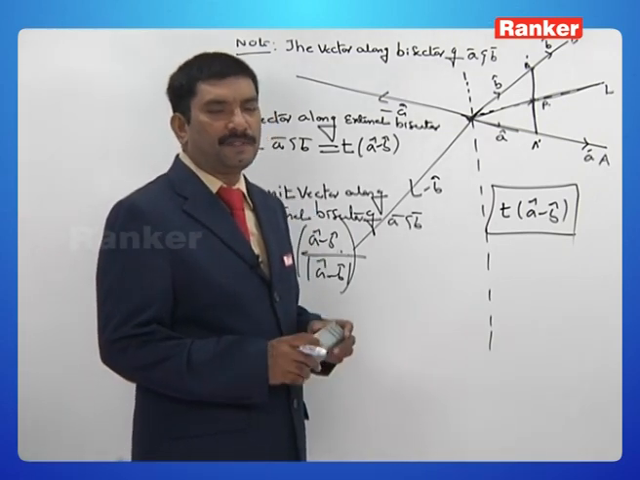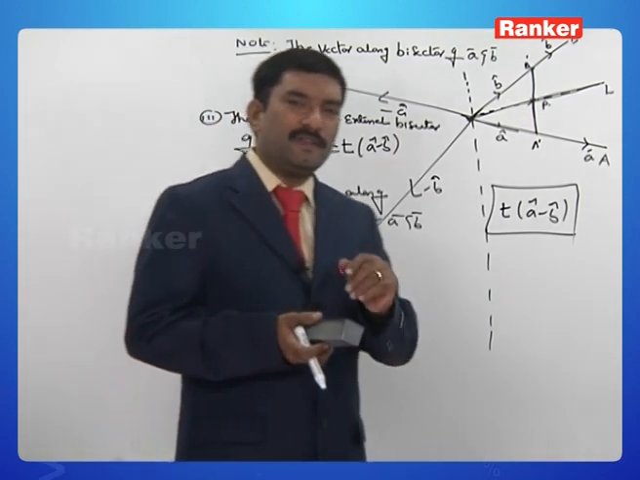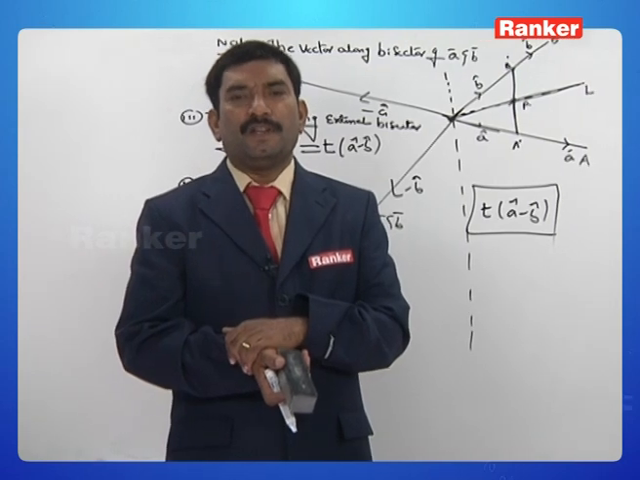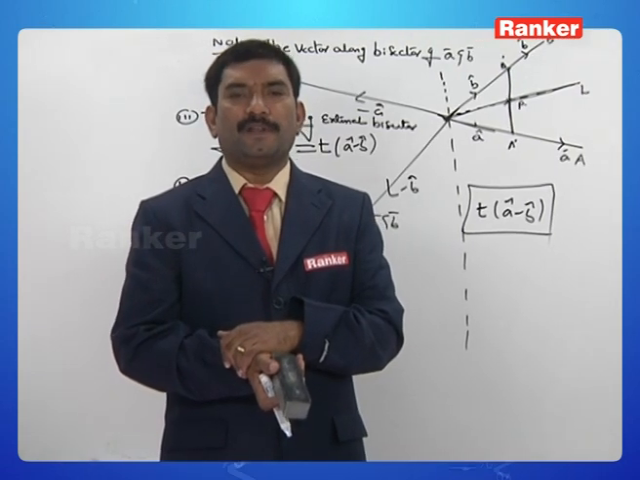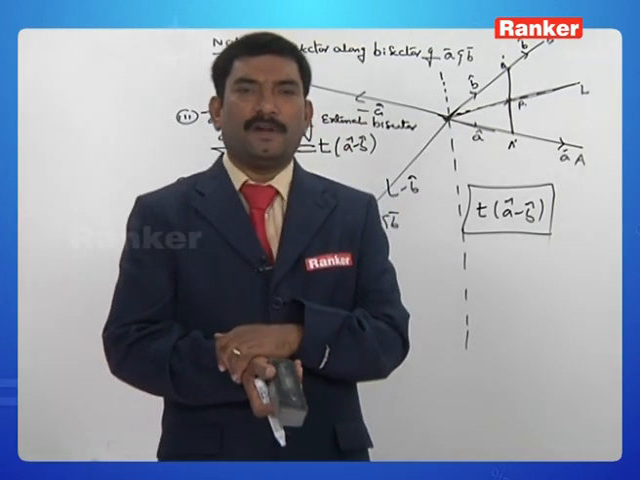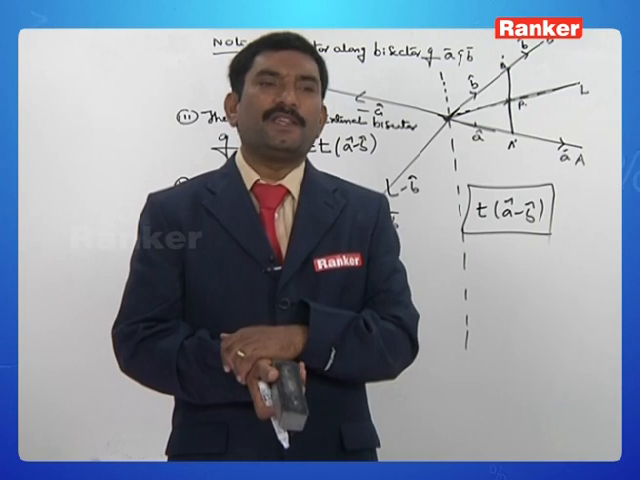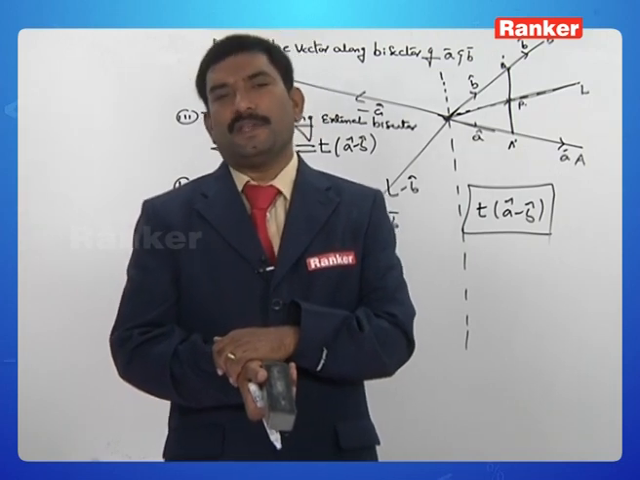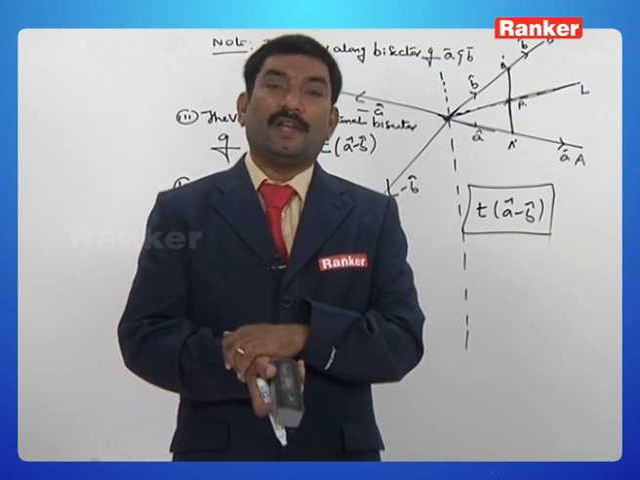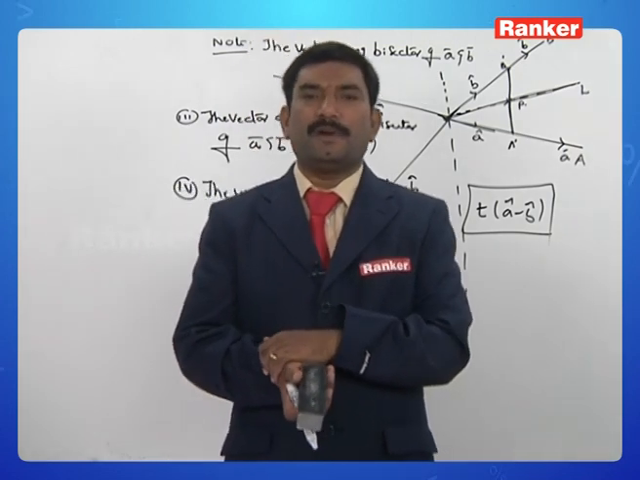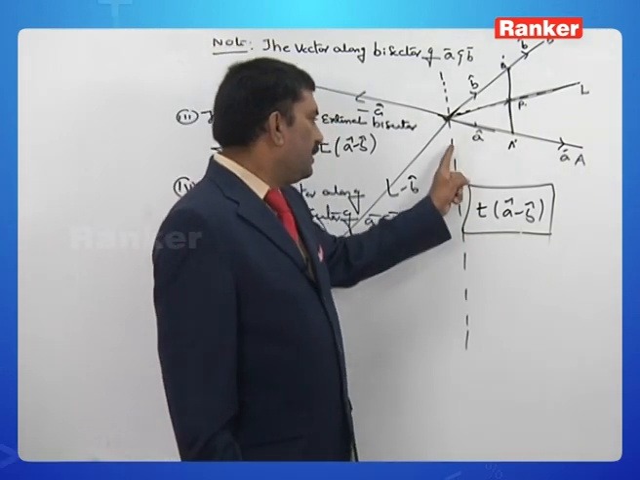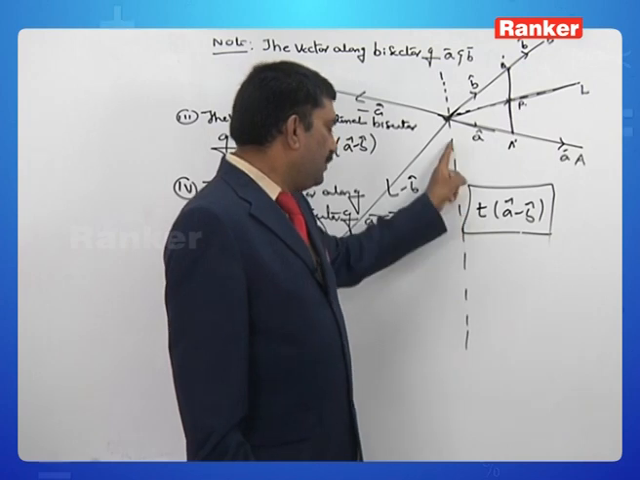Yes, after knowing the vector along the internal bisector of A bar and B bar as T into A cap plus B cap, and the unit vector along the internal bisector of A bar and B bar is A cap plus B cap by modulus of A cap plus B cap. And similarly, the vector along the external bisector of A bar and B bar is T into A cap minus B cap. This vector by using